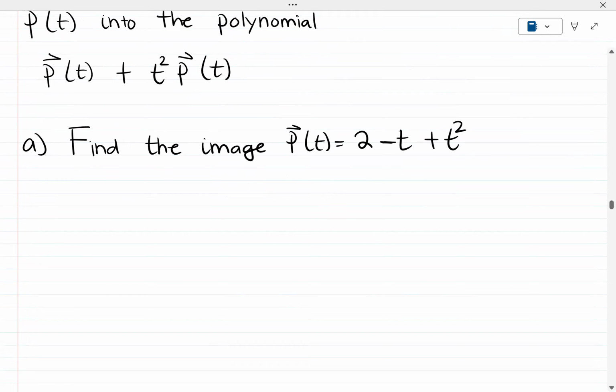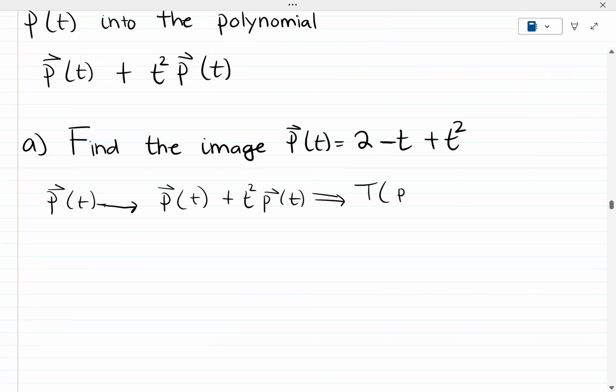So you're going to get P of t goes to P of t plus t squared P of t, and that goes to T of P equals 2 minus t plus t squared